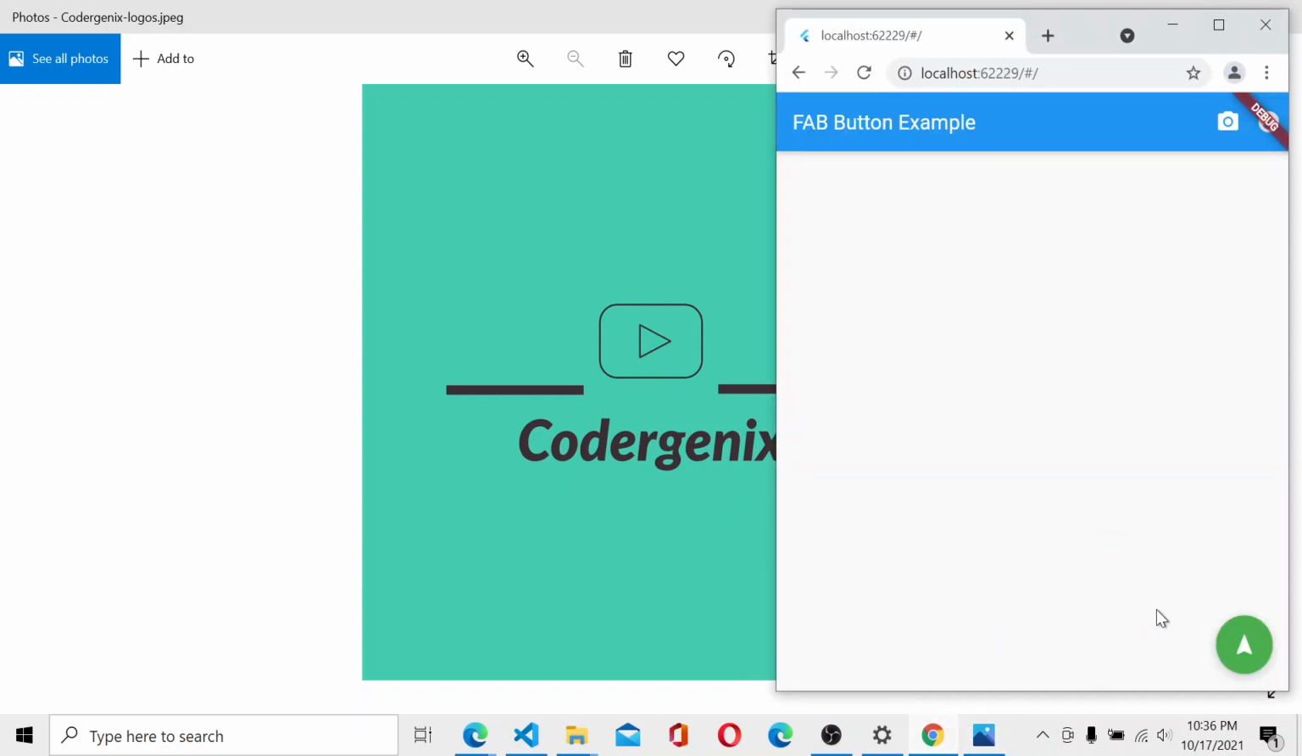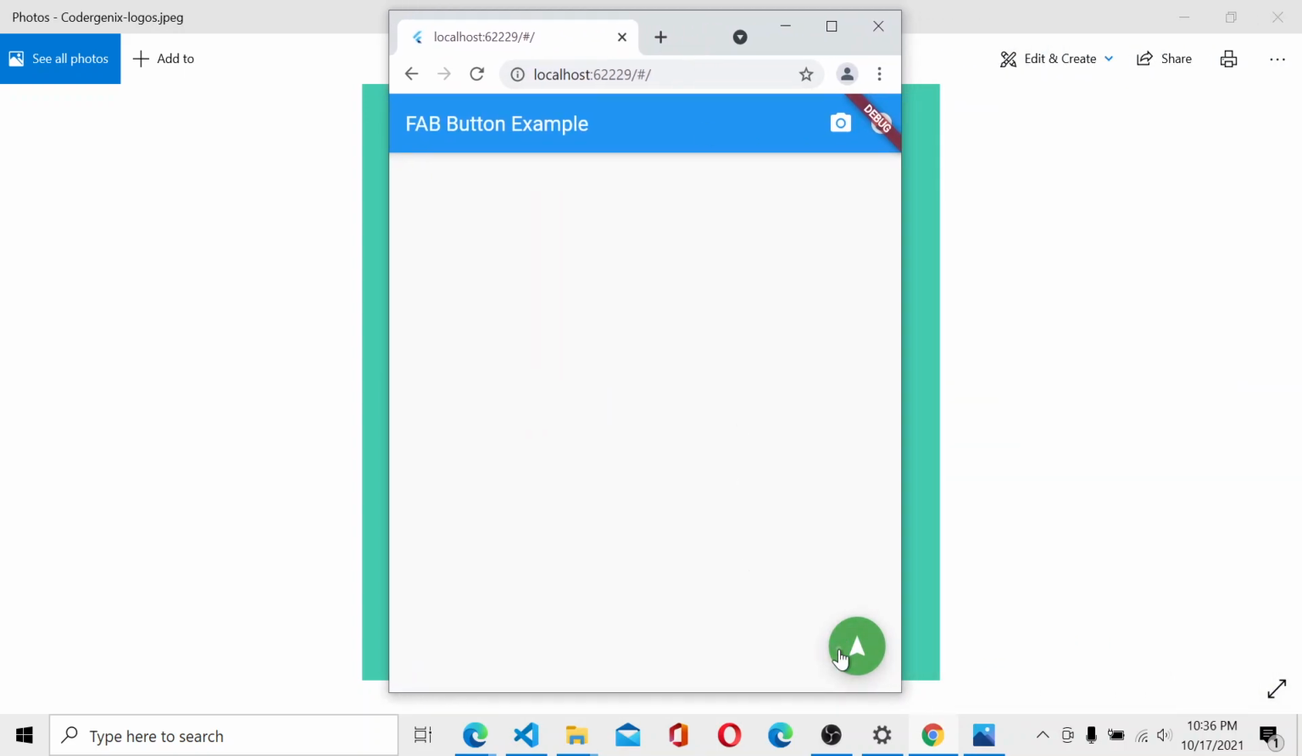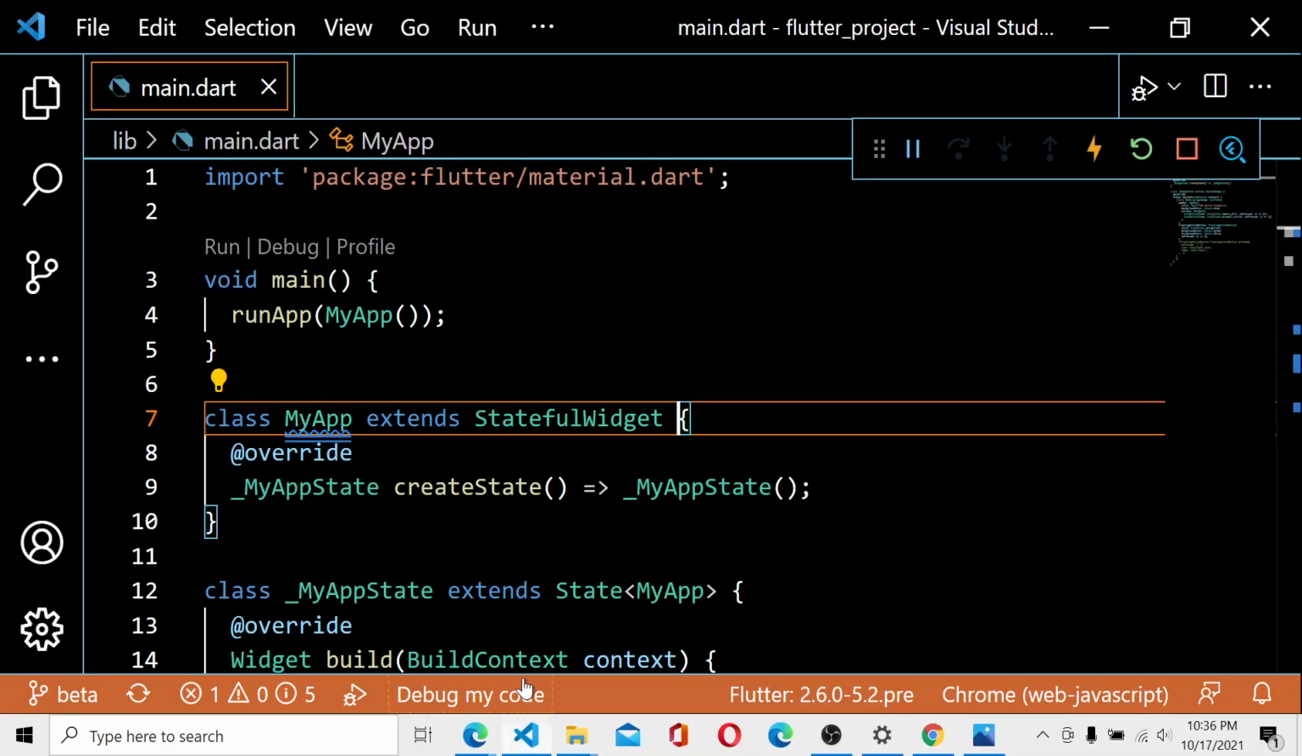And this is the output of the floating button. This one over here is the floating button. And if you're looking into the code,